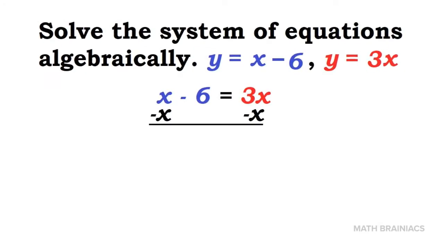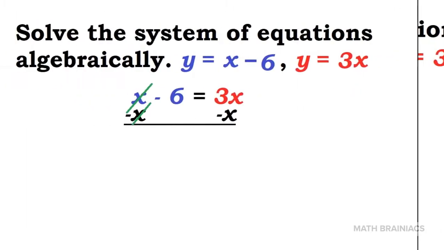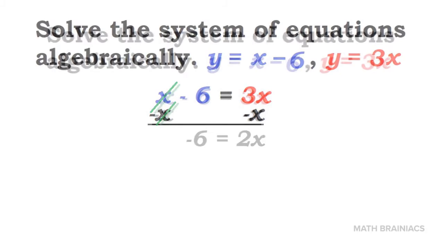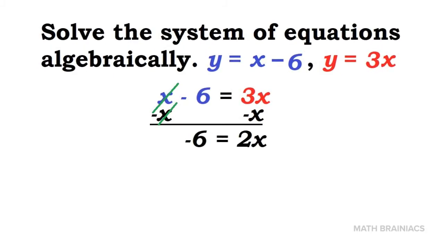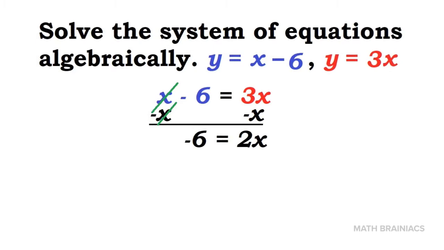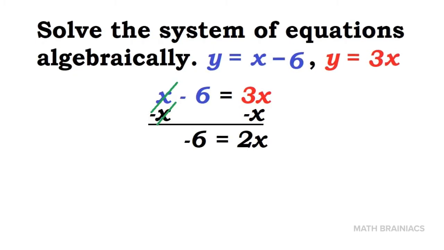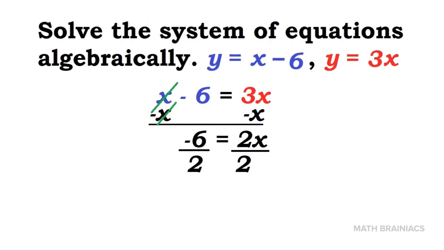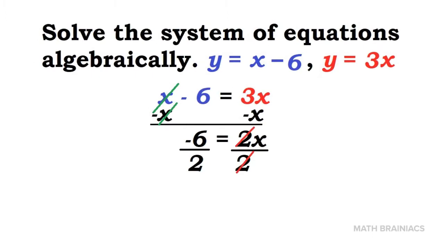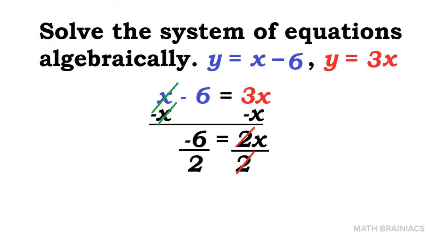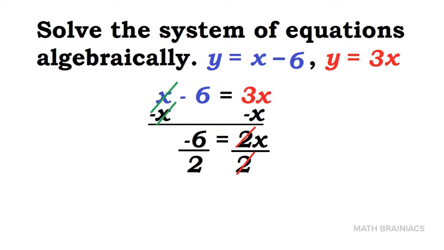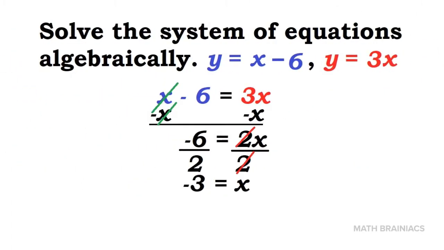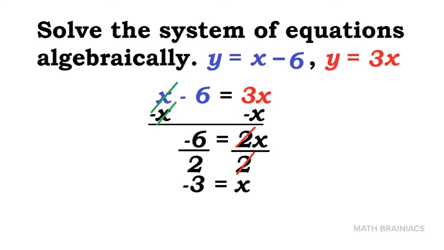Let us subtract x on both sides of the equation. Subsequently, we can cancel out the x on the left side. Then, we can work on 3x minus x, which will give us 2x. Therefore, 6 is equal to 2x. To solve for x, we can divide both sides by 2, which will let us cancel out the 2 on the right side, and we can work on 6 over 2. 6 divided by 2 will give us 3. Therefore, x is equal to 3.